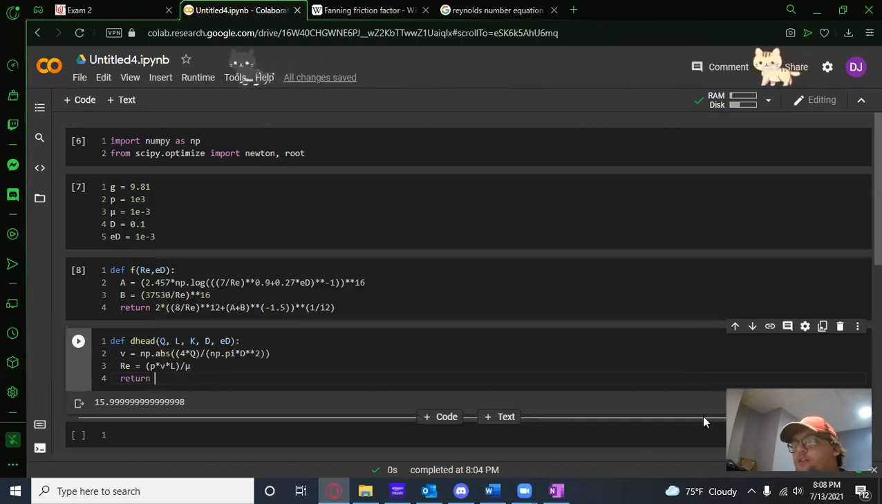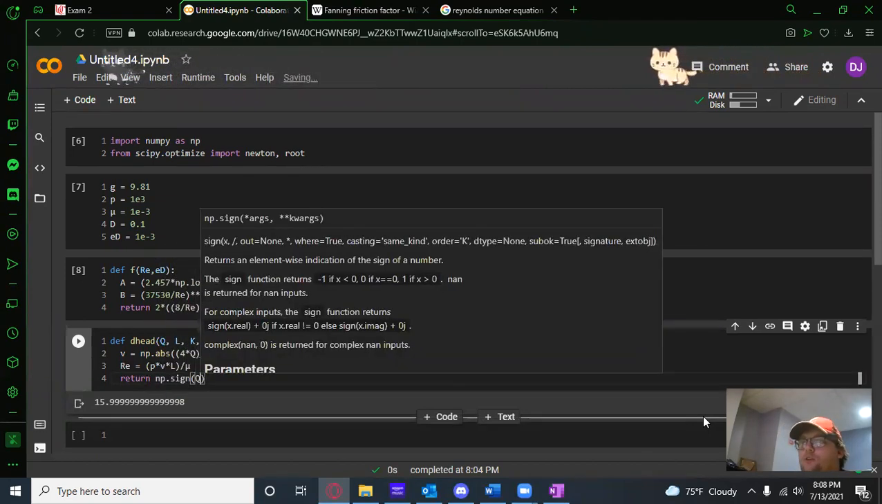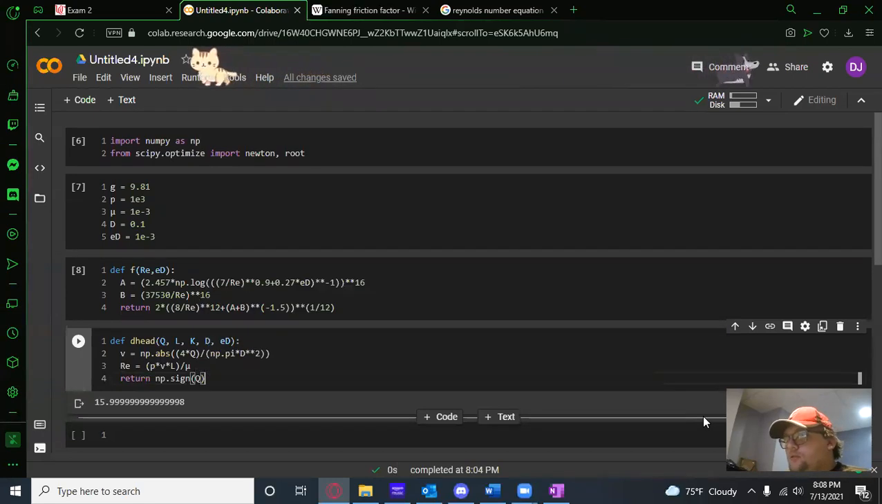And what we need to do is get the direction of the delta head. So we're going to do the sign of the flow rate. So for example, if it's positive, it'll go from the from node to the to node, so from 0 to 1. If it's negative, it'll be going in reverse. So if it says 0 to 1, it's actually going from 1 to 0. We need the negative np.sign of q multiplied by